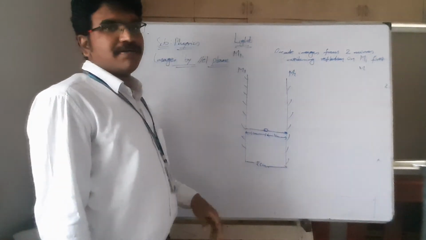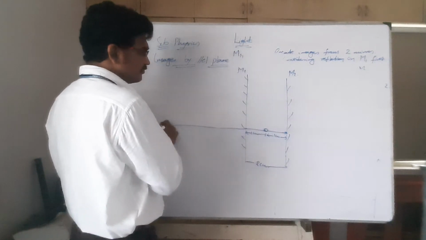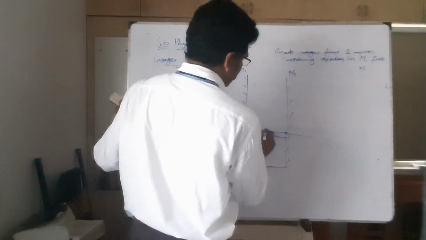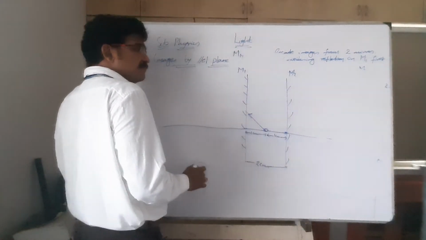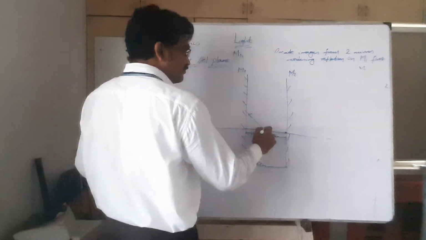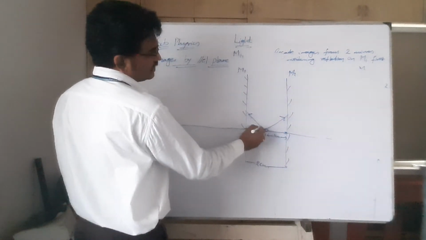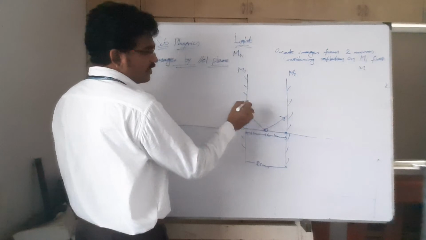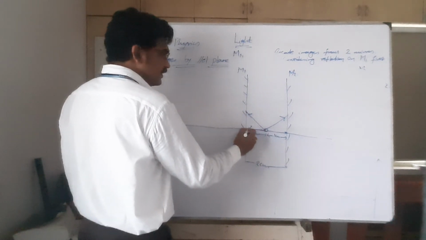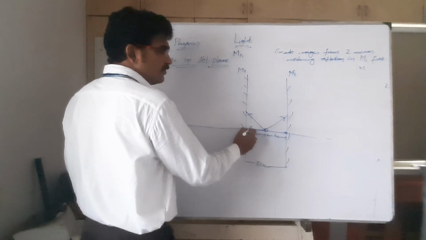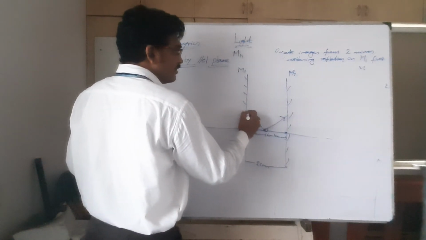Then look at the images formed. Then what do you do? Now I have taken the incident ray on M1. Similarly, I have taken an incident ray on M2. Now this incident ray you take, which is striking M1, one incident ray. This is another incident ray. Now the angle of incidence for this ray is 0, so it will reflect in this direction. This one, and it will reflect.